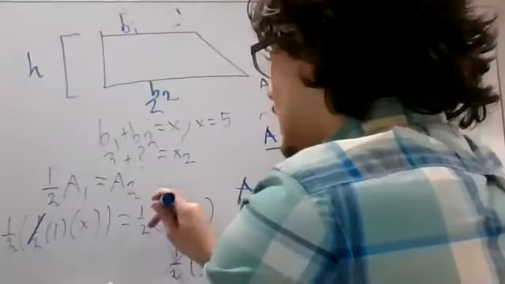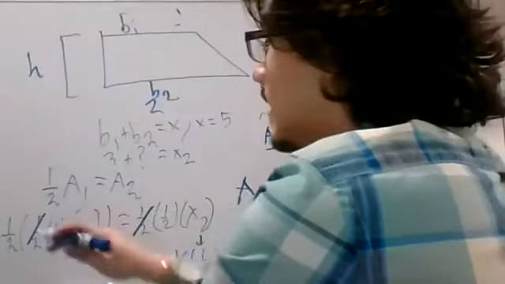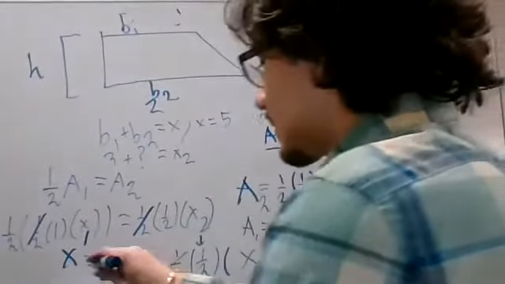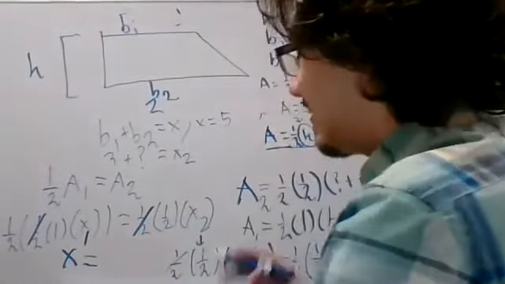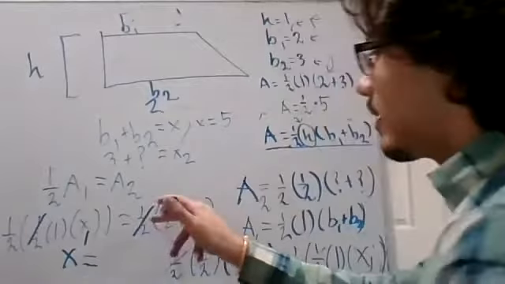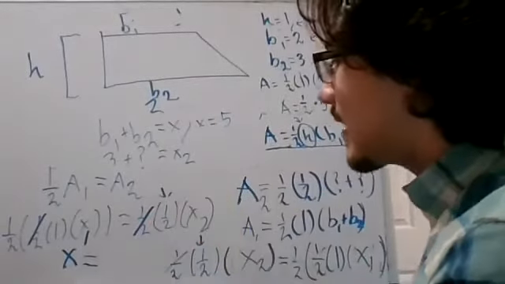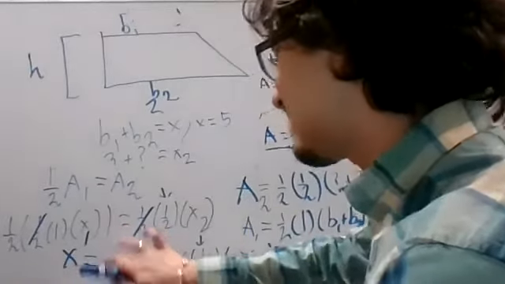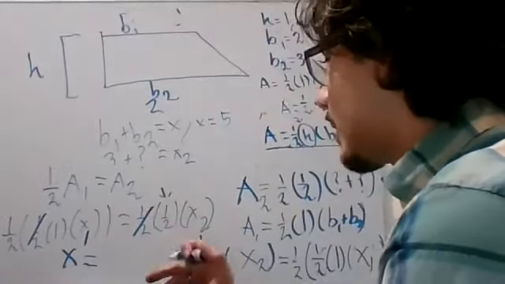We could factor out these halves, and we could see, if we ignore this half for a second, that the original x, if we said that the new area is half height, then that means the new base must be